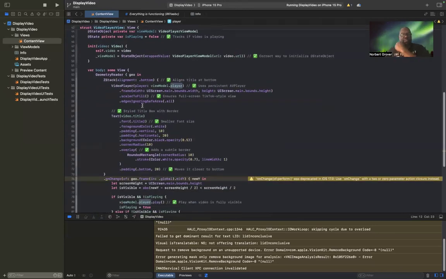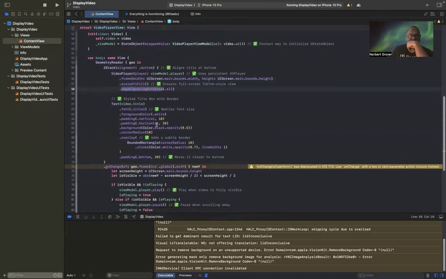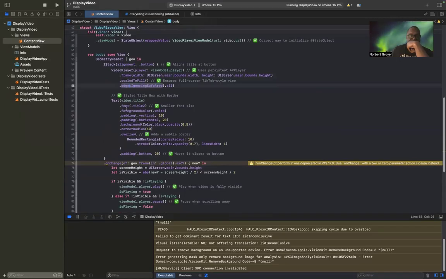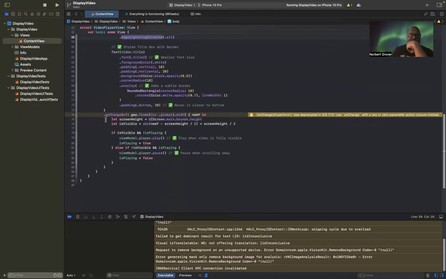And then, so we have our video player and we have our modifiers to make sure that it's a certain height and width, scale to fit, edges, ignoring the safe area. Then we have our text, video.title. And of course, this displays our titles. And these are all the modifiers that make it the colors and the looks that we want it to have. Then on change, we fire off all of this. Okay. And basically, we're setting the screen height is visible,